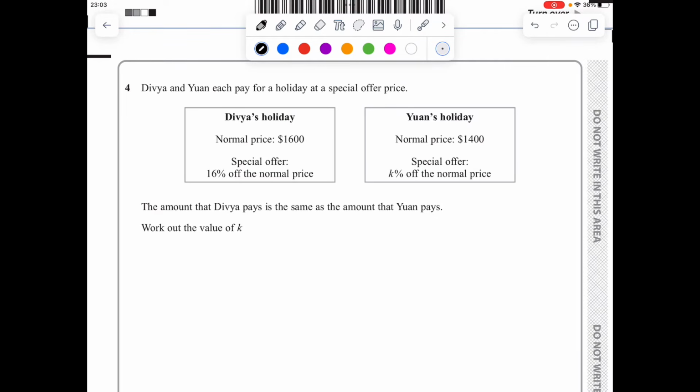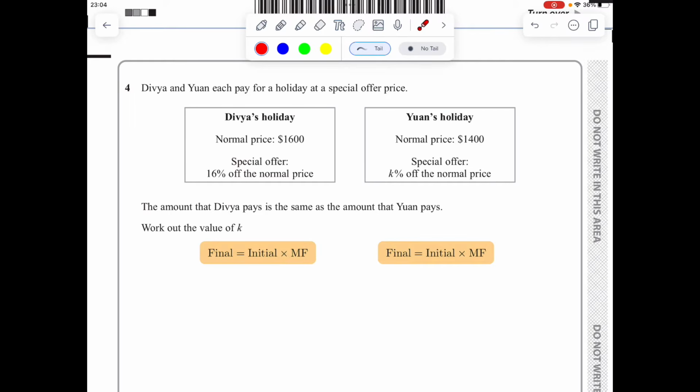For question 4, I'll use the formula that says that the final amount is equal to the initial amount times a multiplying factor, and I'll do that for both offers. Now for the first offer, I have a reduction of 16%, which means that the multiplying factor is given by 100 minus 16, which is 84 over 100, and as a decimal, this is 0.84. Hence, final amount is equal to the initial, which is 1,600 times 0.84. This gives me